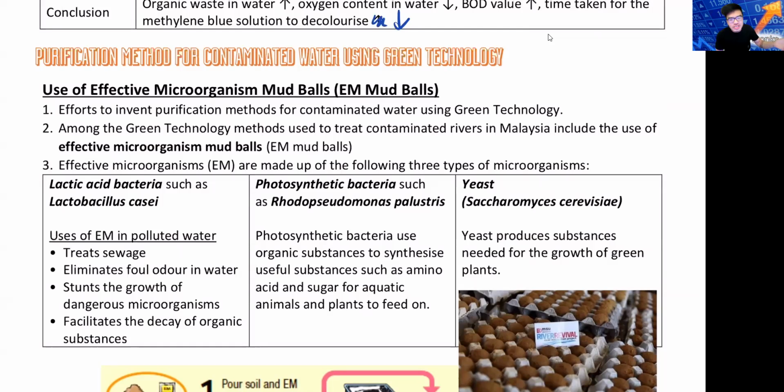You might say, sir, why don't they just clean seawater and use that water? It's very expensive. Seawater has salt, and removing salt from water is a very expensive process. So Singapore is like, you know what? Why would I want to clean seawater, which is very expensive? I might as well just buy water from Malaysia. So they just buy water from us. You see, Singapore, they are very smart.